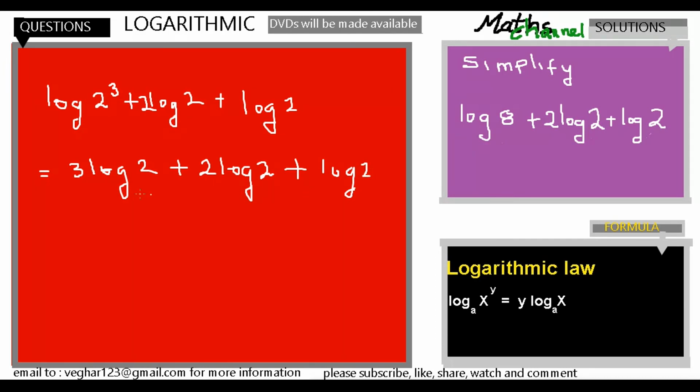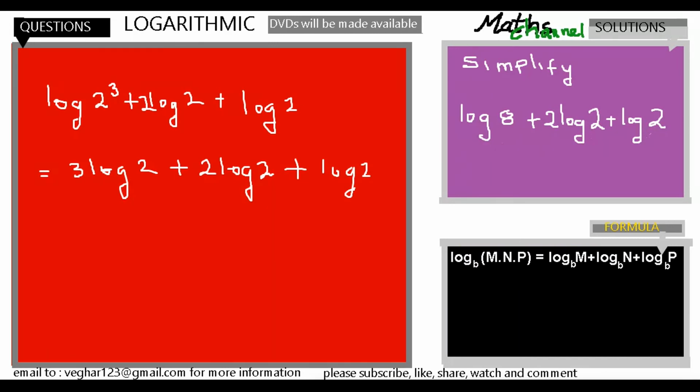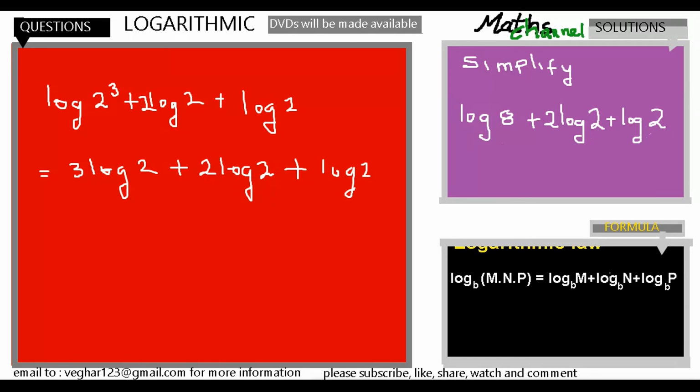Now you see you have a log of 2, so you can write it as a single log using this one. We are returning backwards, so there's 3. That means you add 3x and 2x and 1, and it's the same thing. The logs are the same now, and if their logs are the same like this, you can add them. You're adding the coefficients, 3 plus 2 plus 1, which is 6. And then let's